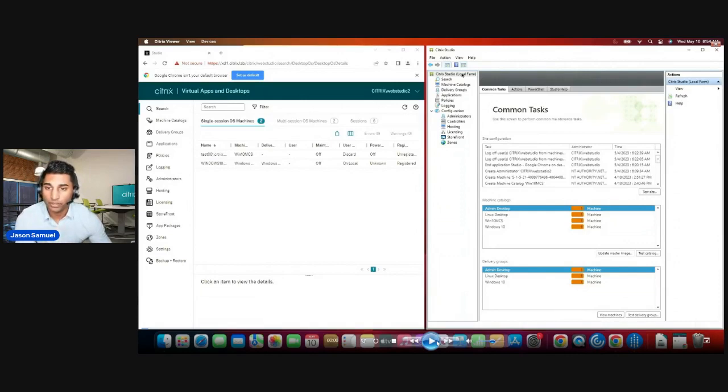On the left-hand side, what we see here is the actual on-prem Web Studio. If you look at the URL, it's a self-signed cert that hasn't been trusted. That's why it says not secure here. But you can see the URL is not cloud.com. It's not running from cloud.com. It's running locally. If you look at it, it looks just like our DaaS control plane Studio, but the reality is it's running on-prem. On the right-hand side is the traditional on-prem Studio, and you can see it's the MMC-based one. A little bit grayer, a little bit slower. This is much faster and much smoother, which is what I'm going to show you in the video.